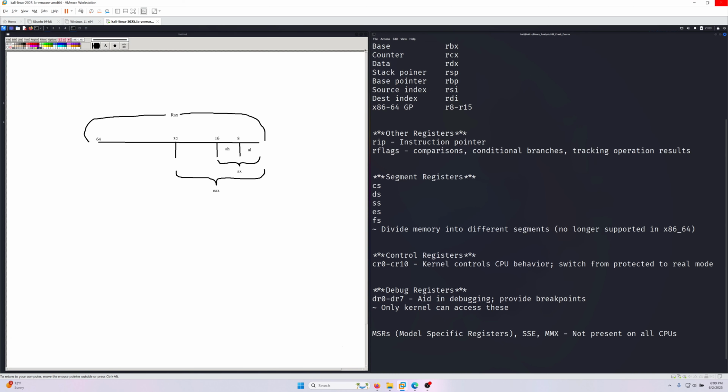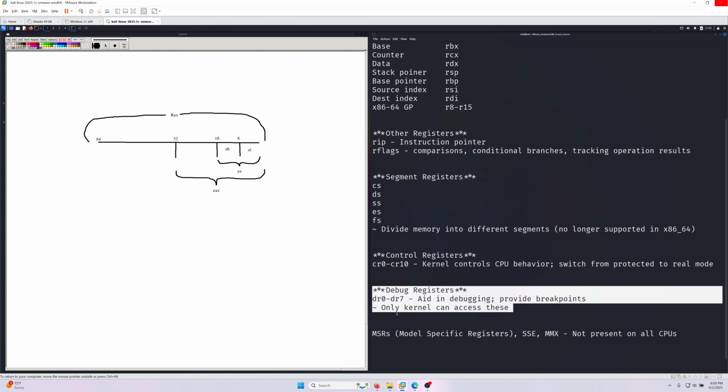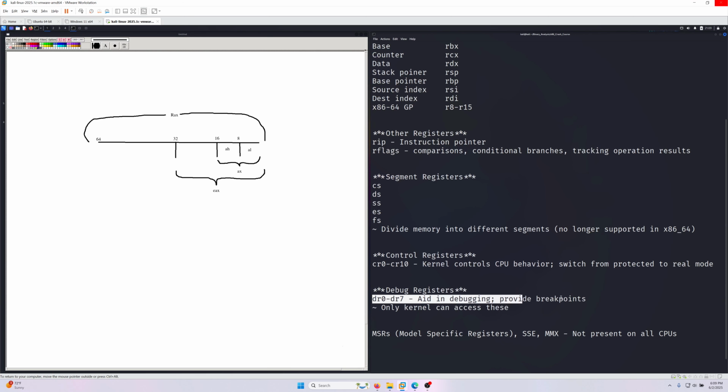Then finally we have the debug registers. These are very helpful for what we're doing, which is binary analysis. If you've ever used a program called GDB in Linux, you might know what these registers are. These provide breakpoints in your program. So basically when you run a program,